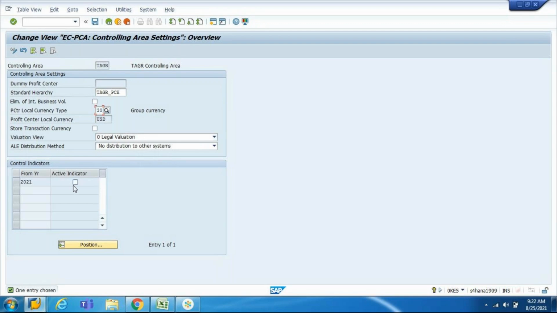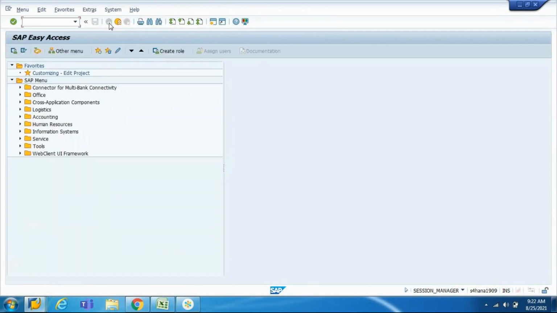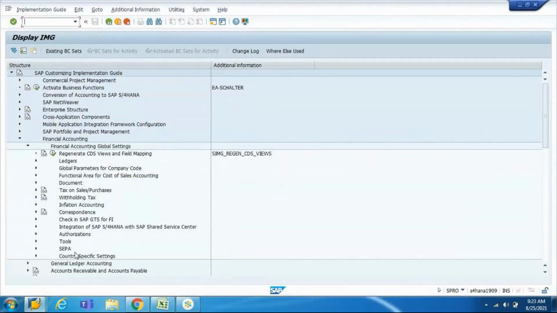And here you need to tick this active indicator, which means profit center accounting is activated. And this is the standard hierarchy for it, and this is the currency for your profit center accounting. Now save this. Now with this, you are not supposed to get that error. So if I go to consistency check again in the ledger,